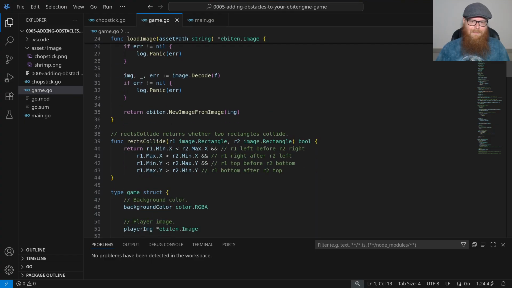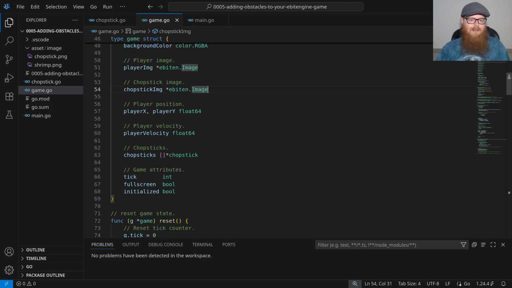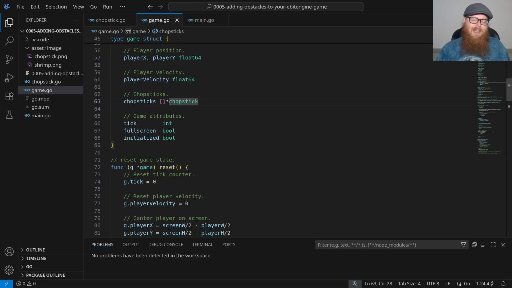In game.go, we now define a rectCollide function, which returns true when the two provided rectangles are overlapping. We've added a chopstick image field to our game, and we define a chopsticks slice, which could be any number of pointers to chopstick structs.